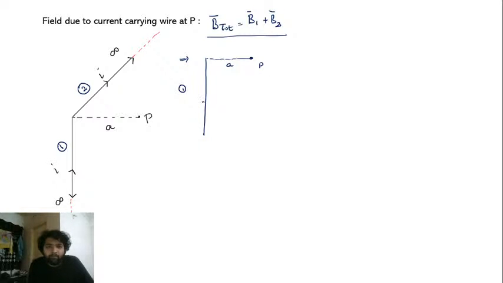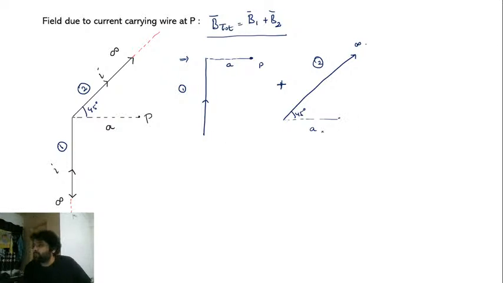So this is wire 1, so I have a current like this, and this is wire 2, and given this angle is 45 degrees. Okay, I think it's not clear in this video. Yeah, it's not given there. This angle is A and this angle is 45 degrees, and this is going to infinity like this. So this plus this is wire 2. The total of these both will be the answer.